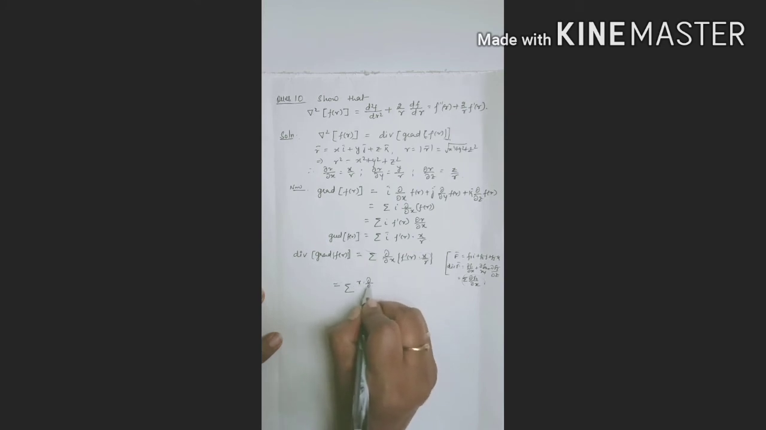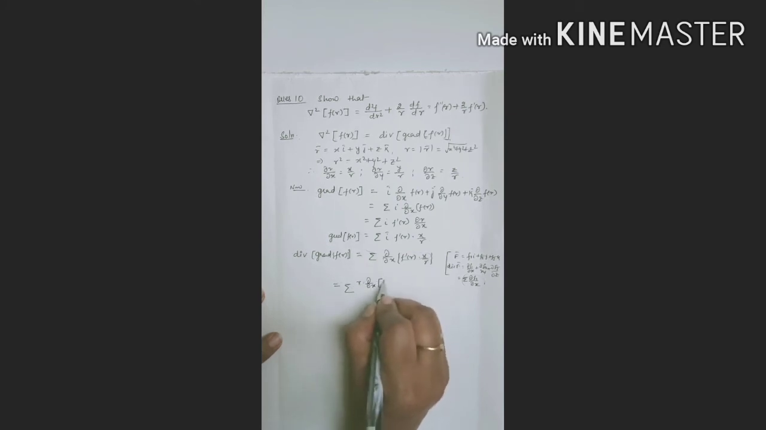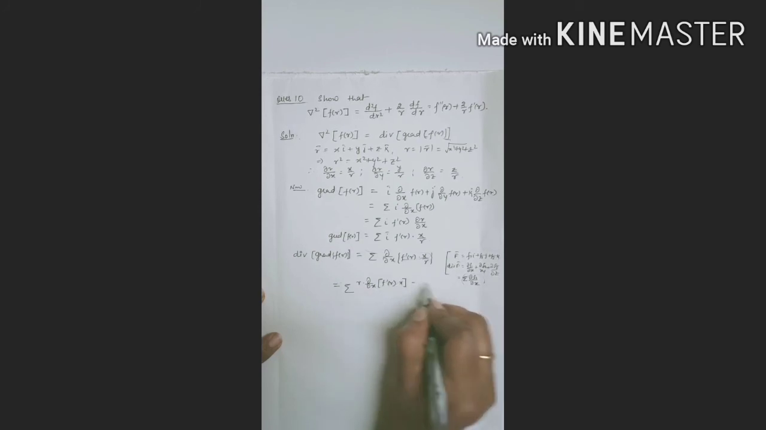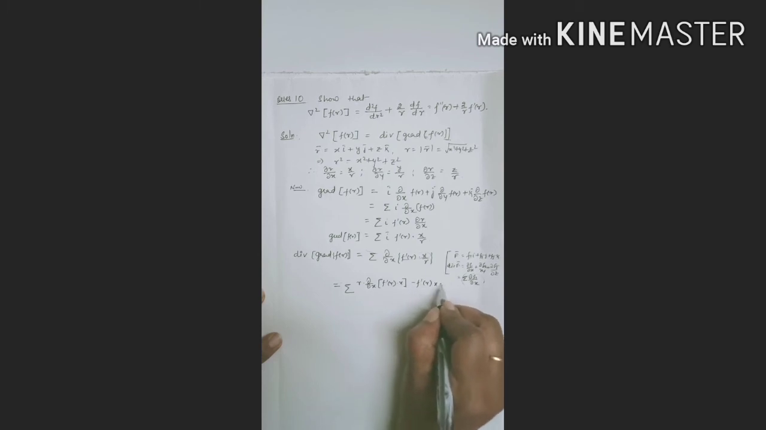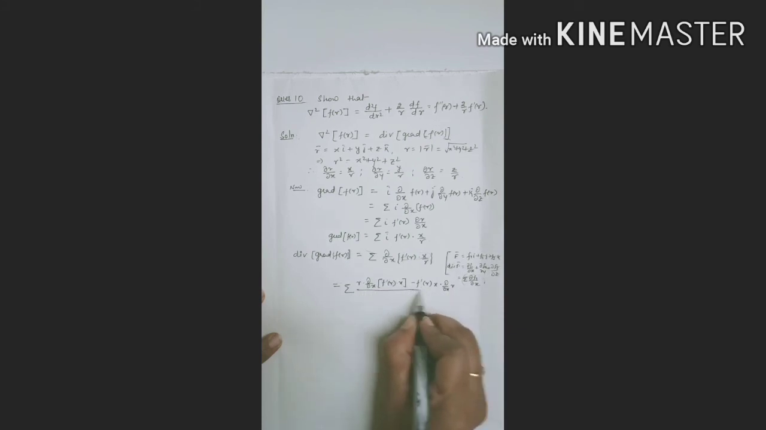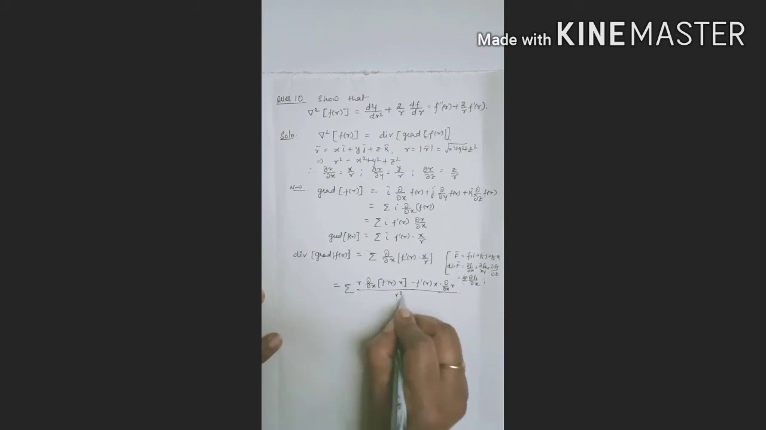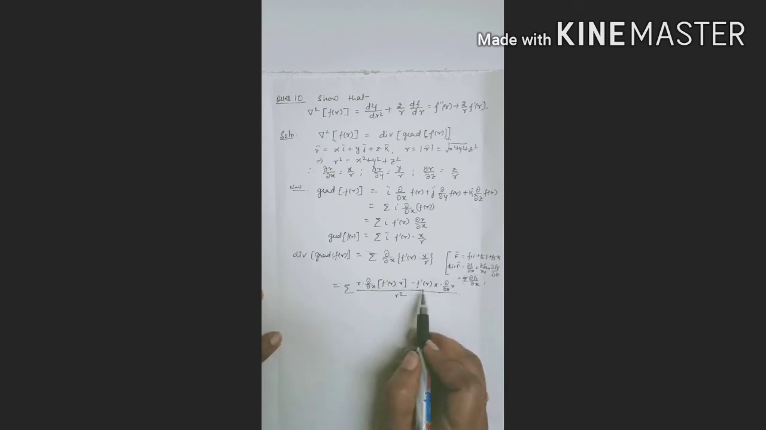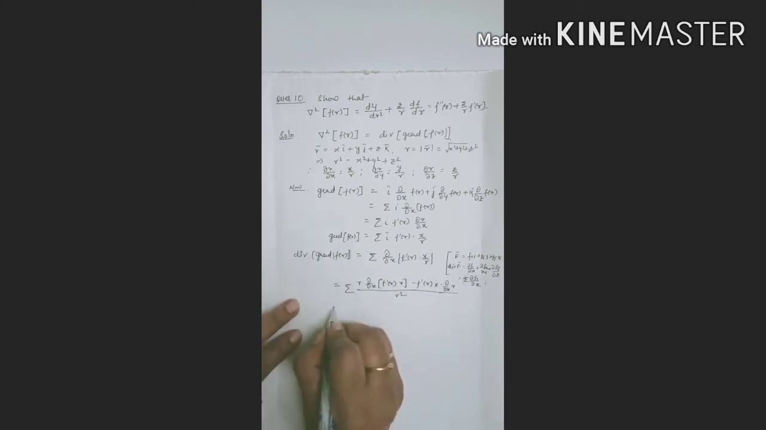r dot del by del x of f dash r dot x minus f dash r x dot del by del x of r, divided by r square. Right, first function into derivative of second minus second into derivative of first. So summation,